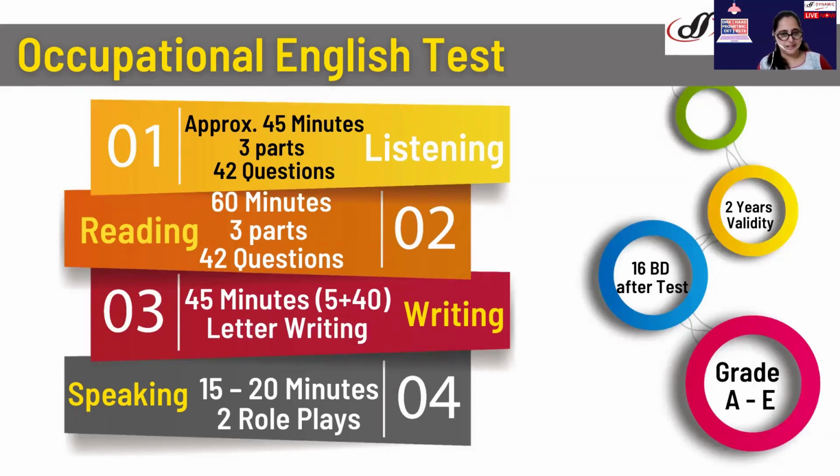As you know that OET is a test where they are judging your occupational and English test. Whenever you're judging a person on language, you will be judging them on the 4 different modules: listening, reading, writing, and speaking. So let's focus on all of them. Let me give you a small overview of all the 4. The test starts with listening. Listening is a total of 45 minutes, and a total of 42 questions are there to be attempted.